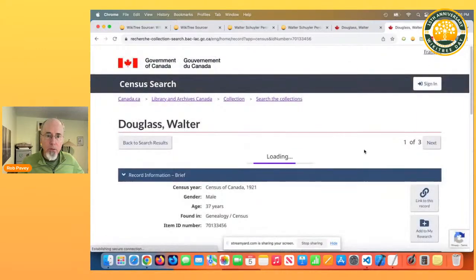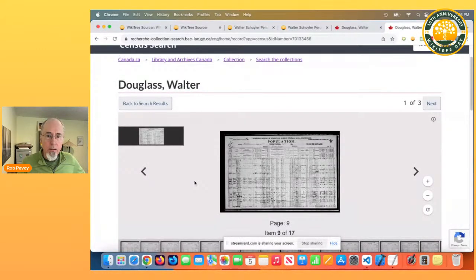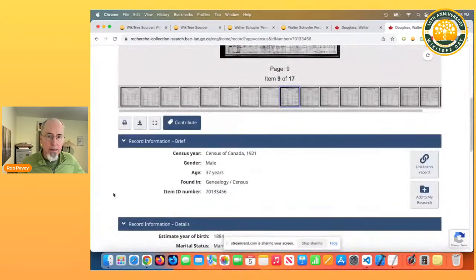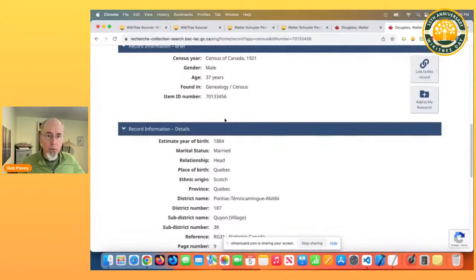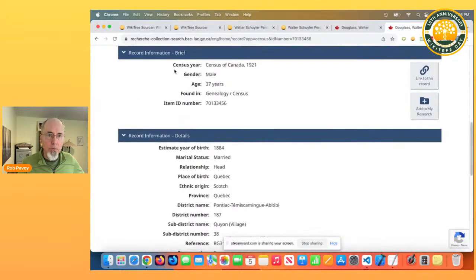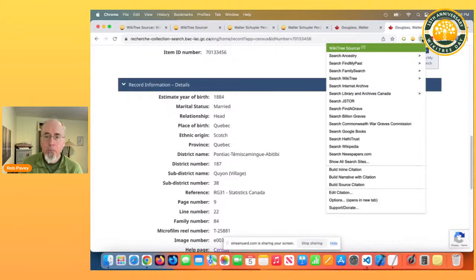And I can click on one of those. So this is a census, population census in Canada in 1921. And you can see there's a bunch of data on here. There's the brief information and all the details. And the way Sourcer works is it can extract all this information. So when I click on here, I can build